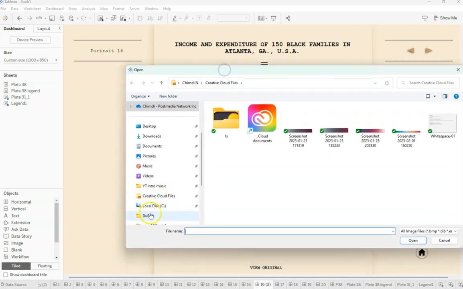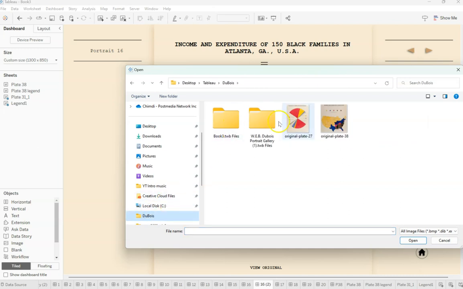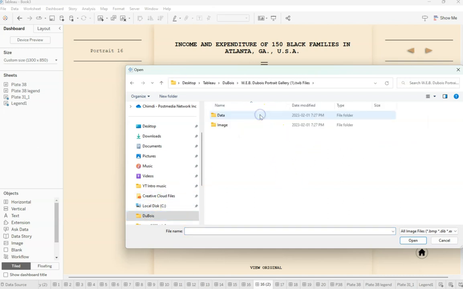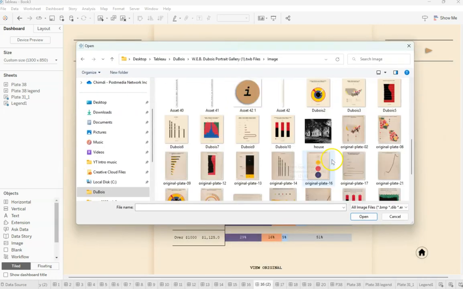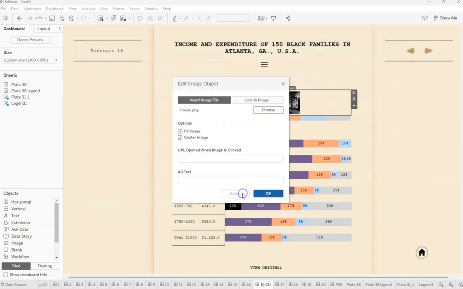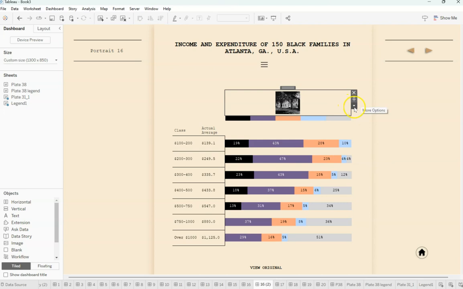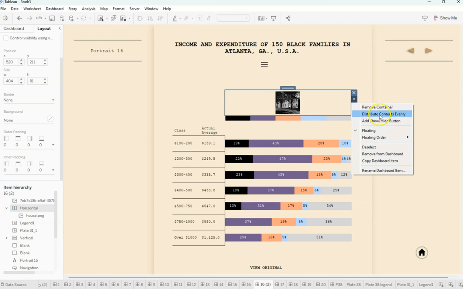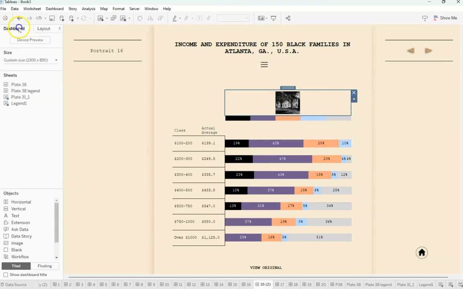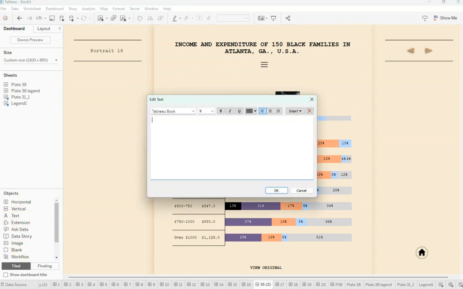And then I need to click my DuBois folder. I'm going to go to files, image, and the first image that we need to bring in, I believe, was of the house. So let's click open, apply, okay. I'm going to hit layout. I'm going to distribute this evenly. So the next thing we need is a text box beside it, and in the text box I'm just going to copy what I typed out in my previous viz,